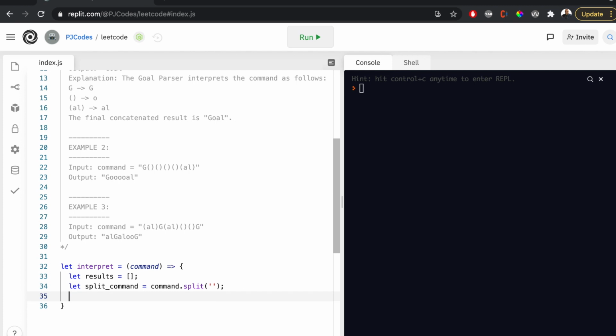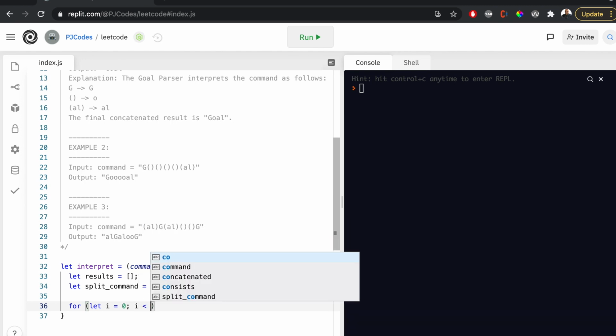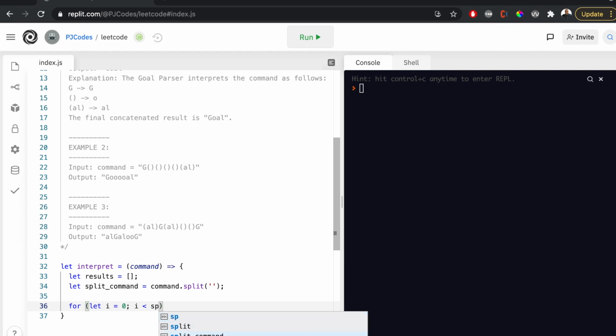Now we have to loop over our input, so let's do a simple for loop. Let's do for let i equals 0, and then we're going to loop up to splitCommand, which is our now returned array of the split input, dot length, and we're going to do